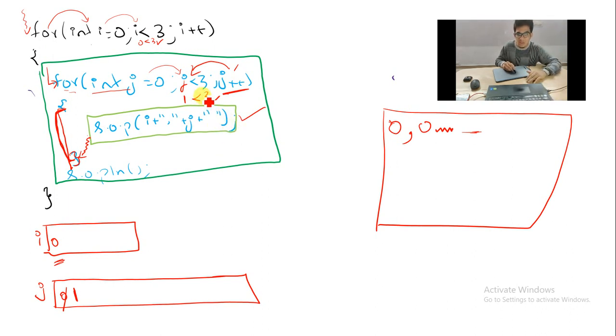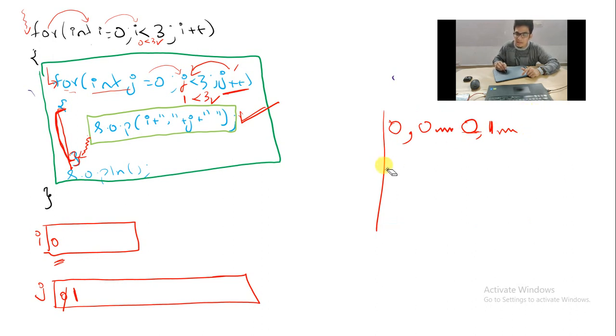When the condition is true, you are telling, execute the body of the j loop. This is the body of the j loop. It will execute this. So when it executes, you are telling print the i value. What's the i value in the memory? It is 0. So 0 will be printed. Comma. Then you are telling print the j value. What's the j value in the memory? It is 1. Then you are telling print space. So a space will be printed. Okay, so this is what it is. Next, what will happen is, after the SOP is completed, nothing is there in the j loop.